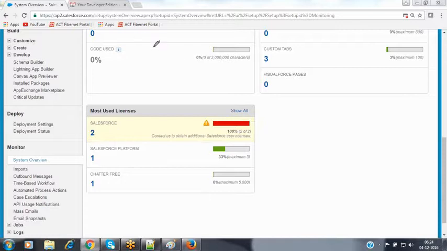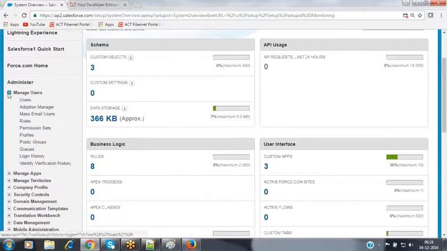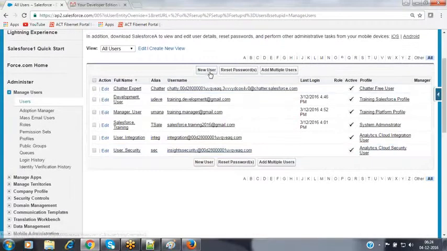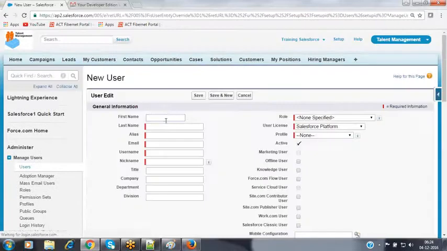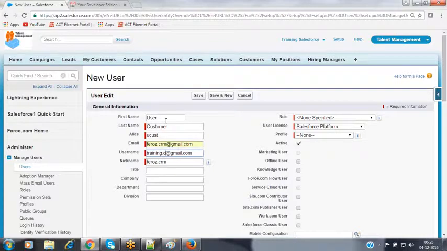Now let's see. Go to manage users. Click on the users link. I'm creating the remaining 2 users. User customer, and the email ID, I'm giving the same email ID, and I'm giving the username as training customer user.